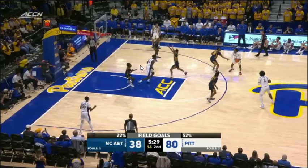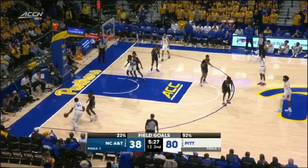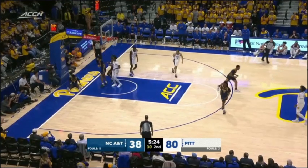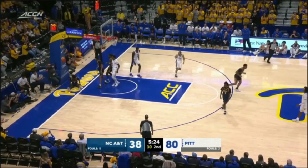And Carrington knows, hey, this is going to open this passing window into Austin, especially if this defender is that concerned about Federico. And Austin makes a really nice mini shot fake, drive, keeps his balance, scores along the baseline. So overall, you can see here that Carrington just makes 3 different but really good reads that result in points for Pitt. Yes, NC A&T is not the most competitive team that Pitt is going to play,